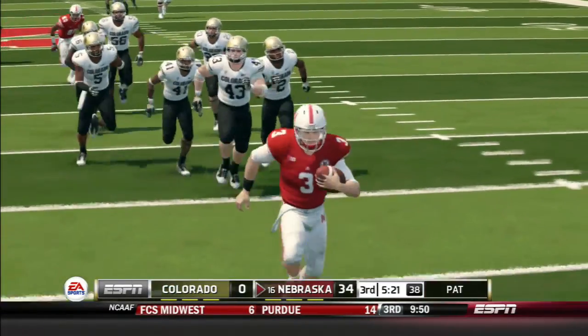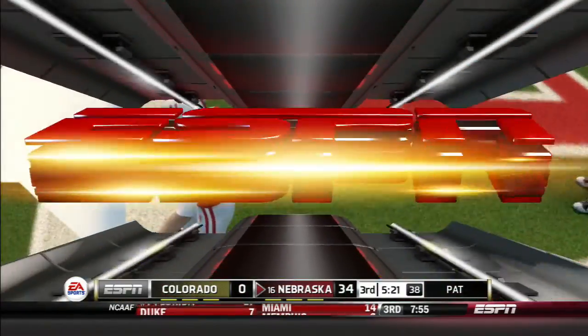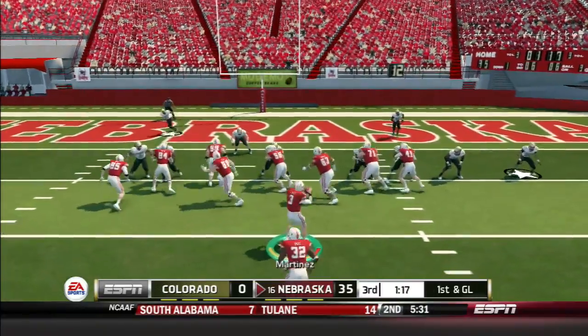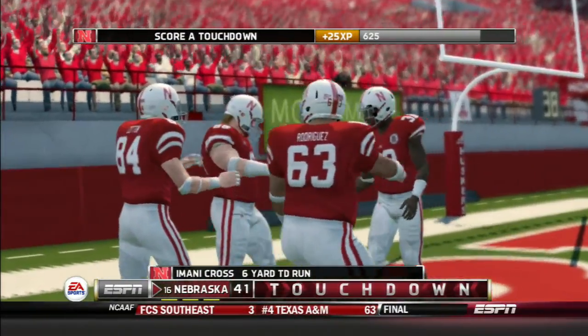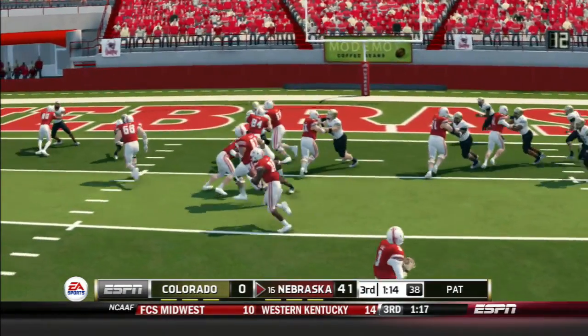Wow, he looked like a running back out there. And that's just what you want when you're calling the option. Let's go. Breaks the tackle and he'll score. Touchdown. He's got a nose for the end zone. What more can you say? He wasn't giving up on...